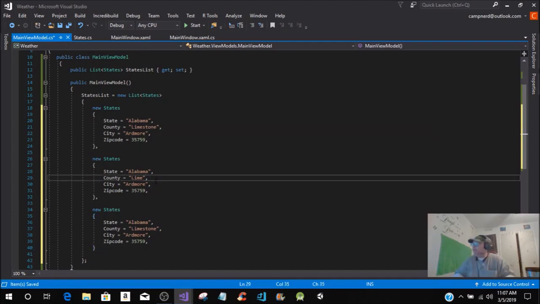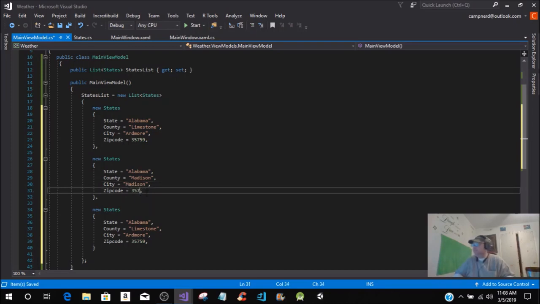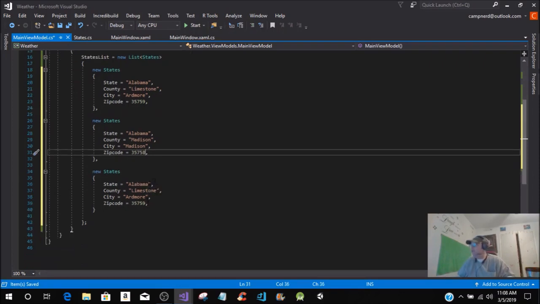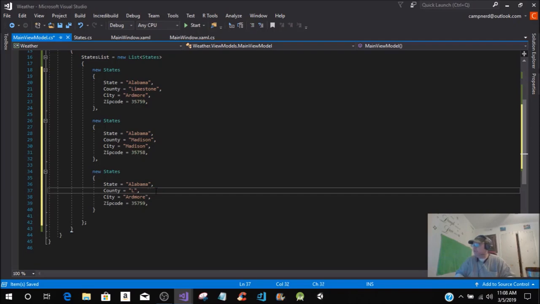All right, let's go with the county that I'm in, Madison, and then it's going to be Madison, which is, I live in Madison, Alabama, county, Madison, county, Alabama. So it's Madison, Alabama, and then the zip code 35758. And then here we're going to put Alabama, and we're going to put Jefferson,